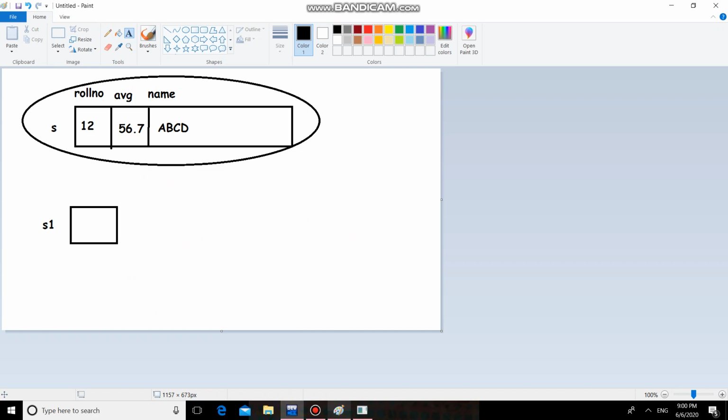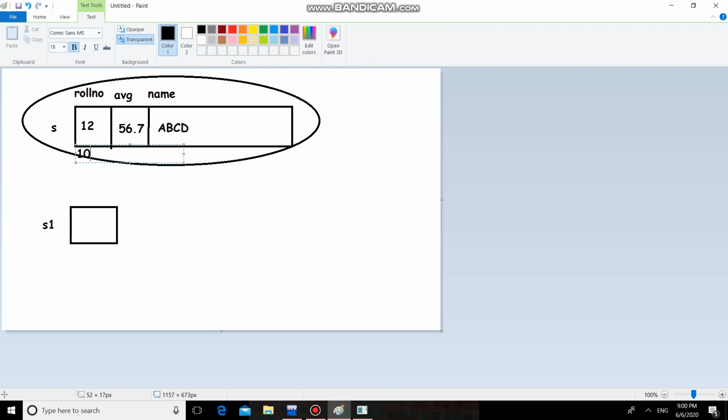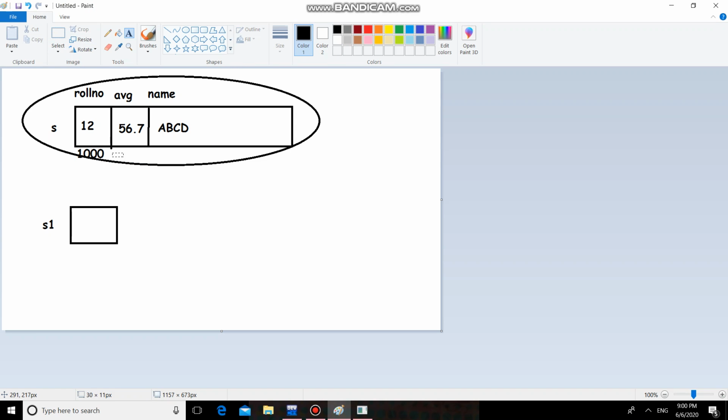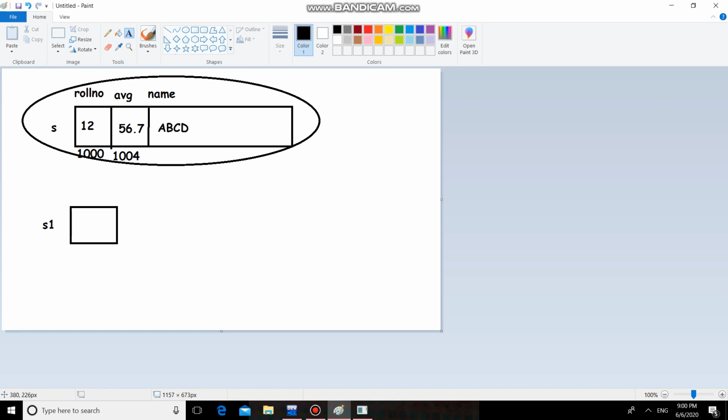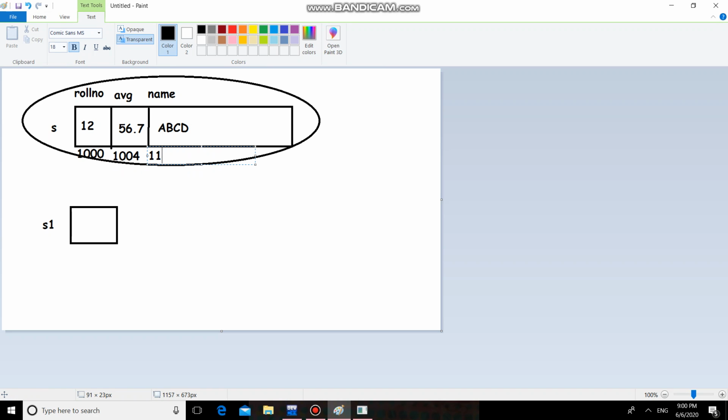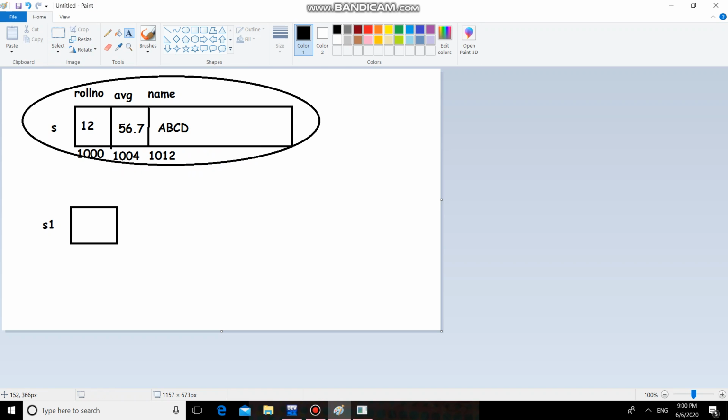Getting? So let us consider some addresses over here. Consider the address of this is 1000. As this is an integer, it will take 4 bytes. Next starts from 1004. Again it will take 4 bytes, and then the next address will be 1012. Getting? And then it will take 10 bytes.